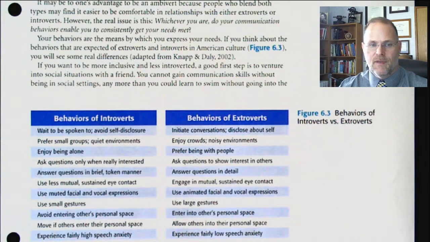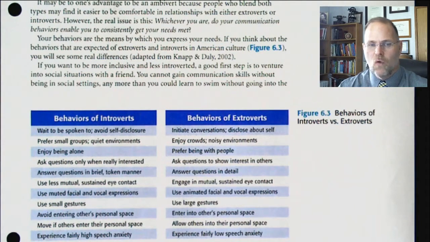Again, introverts enjoy being alone. They're the people that really gain strength from within. They are the ones that don't need a bunch of stuff. They're good with a book and maybe some music in the background and frozen pizza in the oven, and that's good. Whereas extroverts really like being around people. Again, they want to go to clubs. They want to go hang out at parties. They like to hang out with bunches of friends at a time, not just 1 or 2. Introverts ask questions only when they're interested, whereas extroverts ask questions to show interest in others. Now that too kind of seems the same.